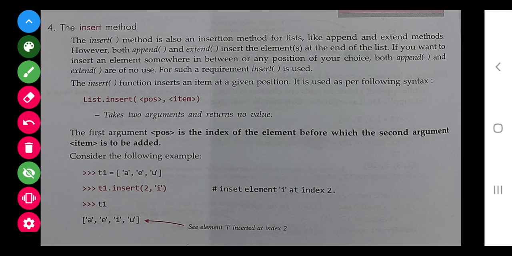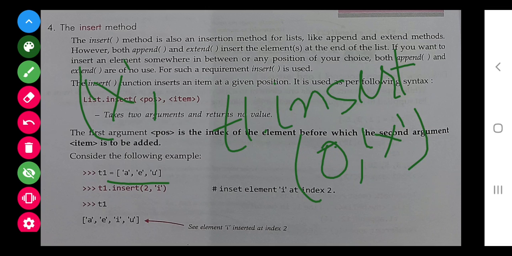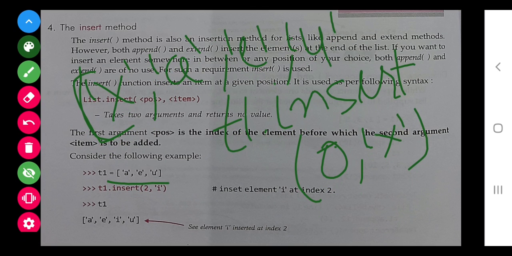Again I am repeating, if I write t1.insert(0, x), then all the elements of this list will become like this: x, a, e, u, which means the position of each element will get displaced.